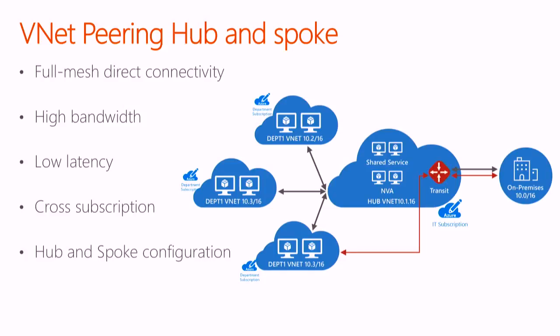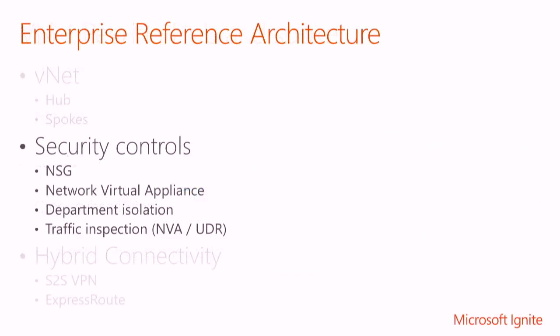So it meets the security team's requirement: anytime traffic goes from the departmental VNets to on-prem or vice versa, the traffic can be inspected, and you can have any appliance of your choice. That also gives the ability to not repeat the firewalls in individual VNets, and you can have a common place that will help you consolidate your cost into one place, right? So that is VNet peering,